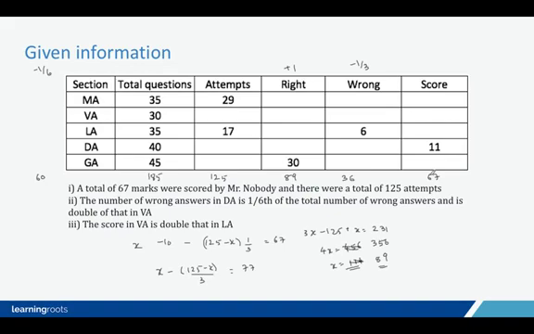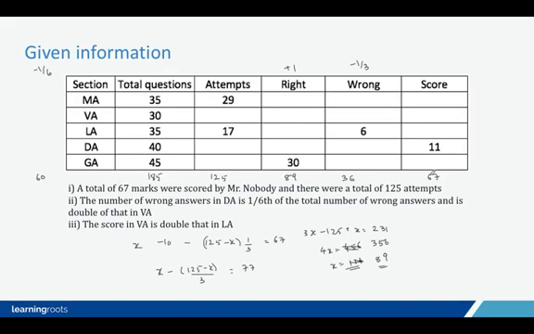So by now you should be able to figure out that the number of wrong answers will be a multiple of 3, because everything is in the form of an integer. Again, there is nothing mentioned explicitly, but if you look at the table, you will get a sense that everything should be in the form of an integer. Similarly, the number of unattempted questions should be a multiple of 6. That part we can figure out, right? You have to keep that in mind, because that will lead to quicker calculations and better assumptions, and you will be able to solve it in a quicker manner.